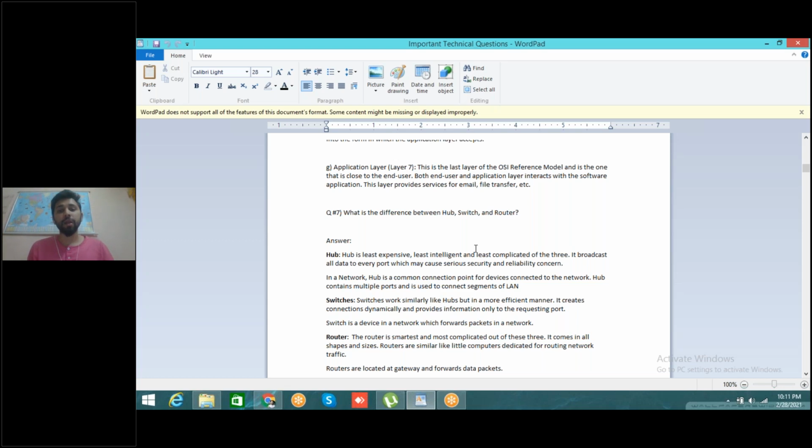We will discuss hub in star topology also. The hub is very useful in star topology. We'll discuss it later in the next questions. But what does hub do? It broadcasts all the data to every port without asking. Even if you don't need the data, it will send the data to each and every port without any hesitation, which may seriously cause a security